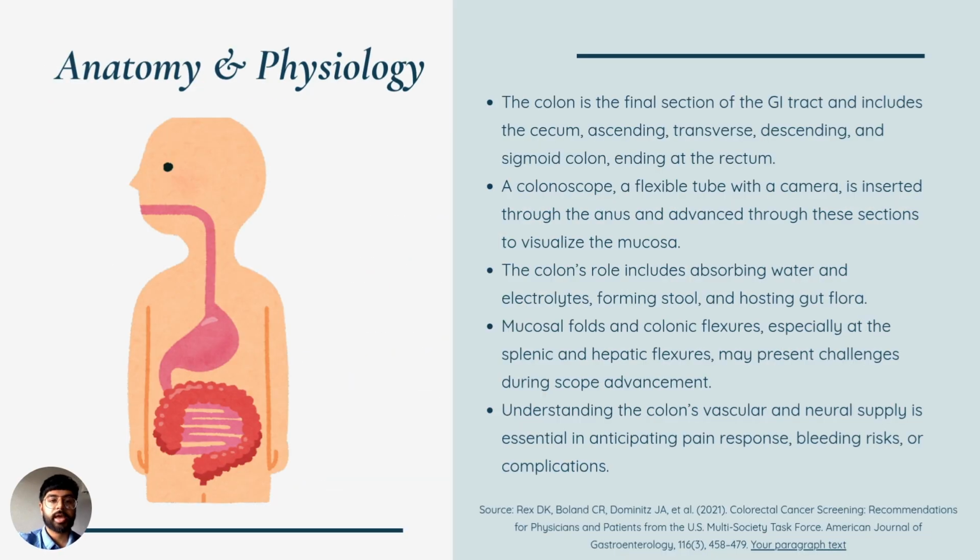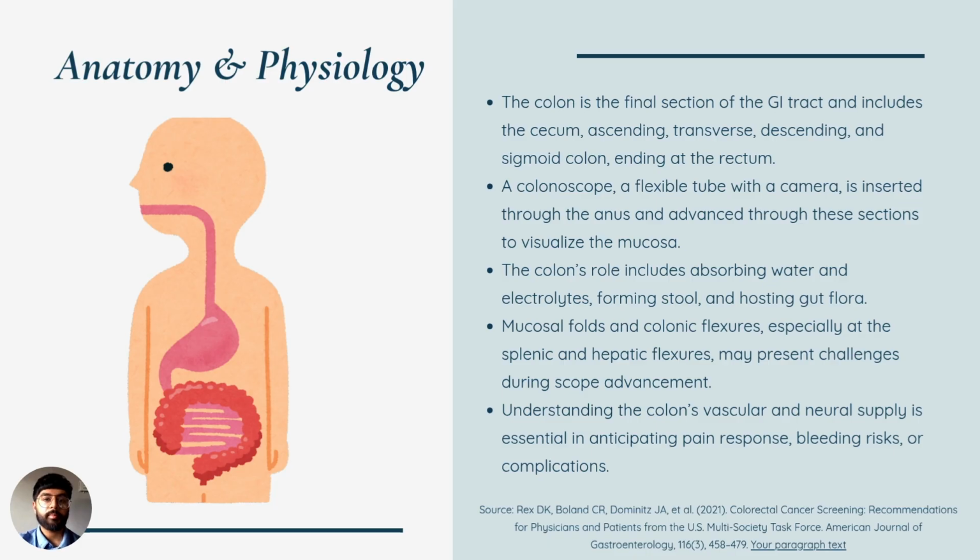As far as the anatomy and physiology goes, a colonoscope is inserted into the anus, and it goes into the rectum, the sigmoid colon, up the descending colon, around the splenic flexure, into the transverse colon, into the hepatic flexure, and then down the ascending colon to the cecum. It's a long process that it has to go through to see any polyps and any abnormalities